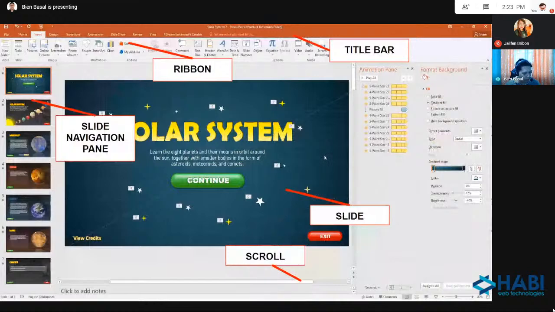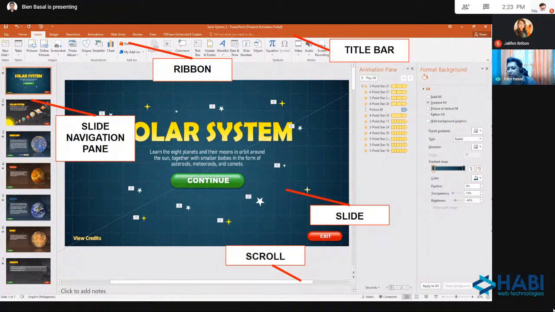Okay? Now here, sa right side, I forgot to write the title. We have here the right side o yung right pane po natin dito. Okay, these are additional options po to control po yung mga elements po natin sa slide. Ito po nasa right side natin. Okay? Maaaring wala po kayo niyan, pero mamaya later kapag nag-start po tayong gumawa, mag-a-appear na po dyan yung mga slide po natin.